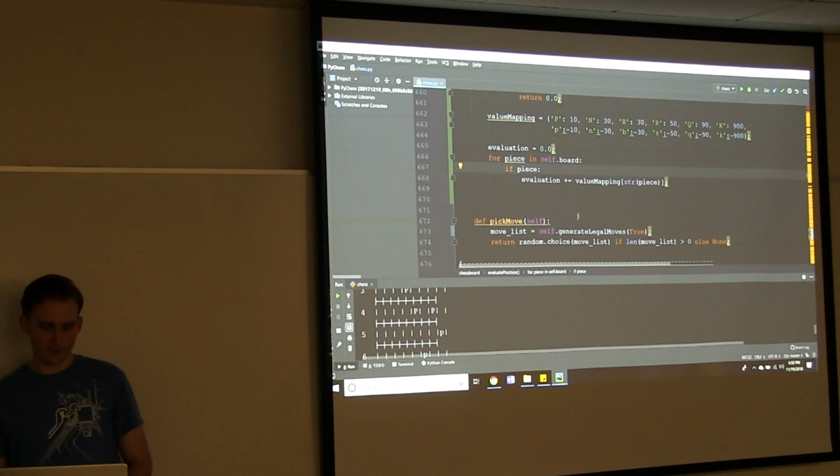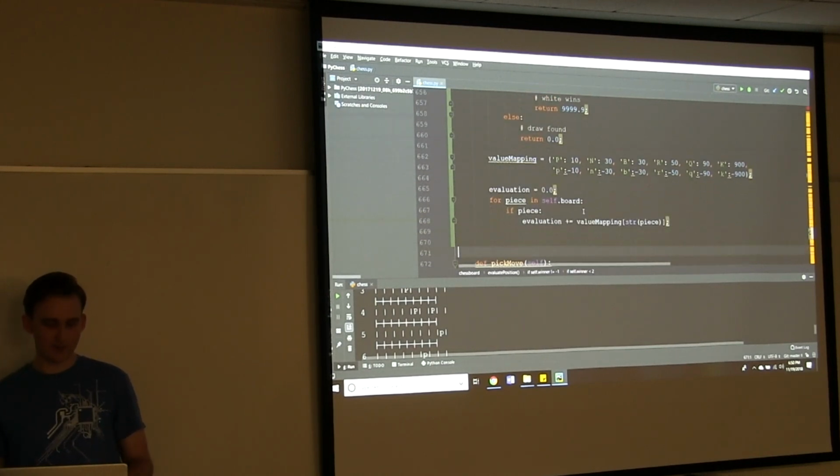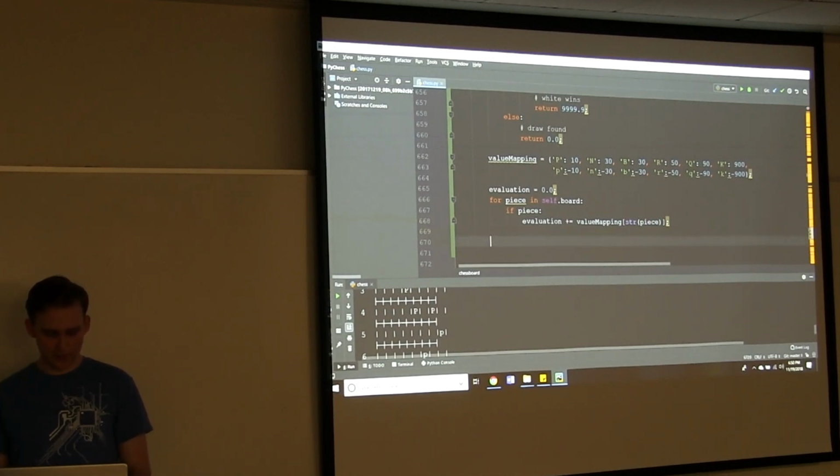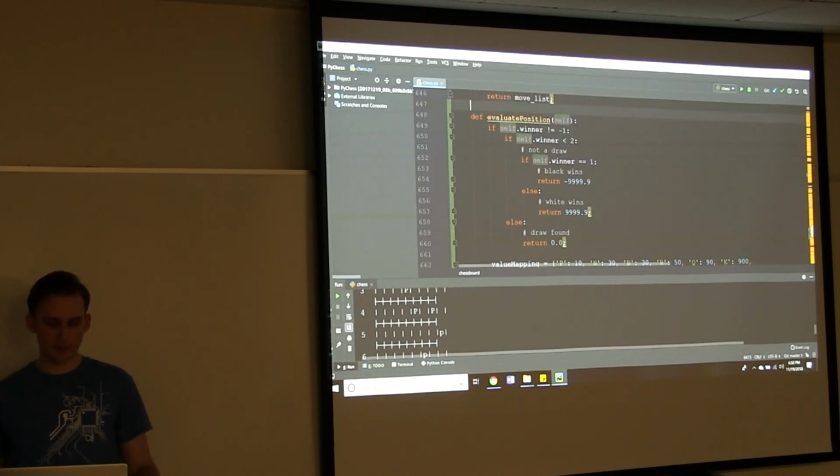So our evaluation function is really quite simple at this state. We just have the value mapping, we move through all, and we're just going to return the evaluation once we're done. So this just tallies up what pieces are on the board, essentially.